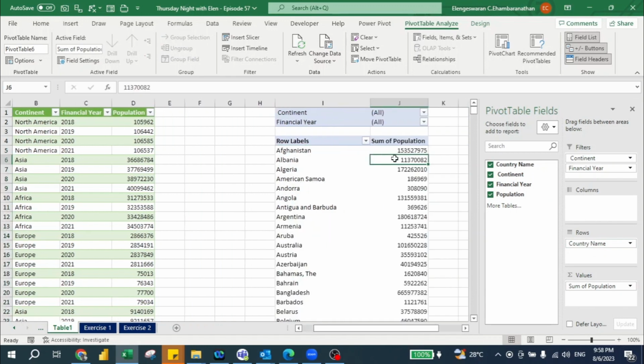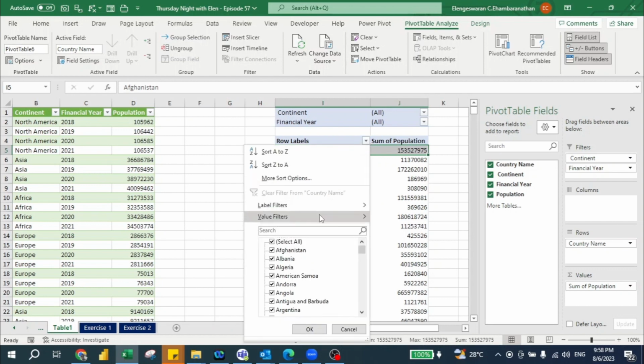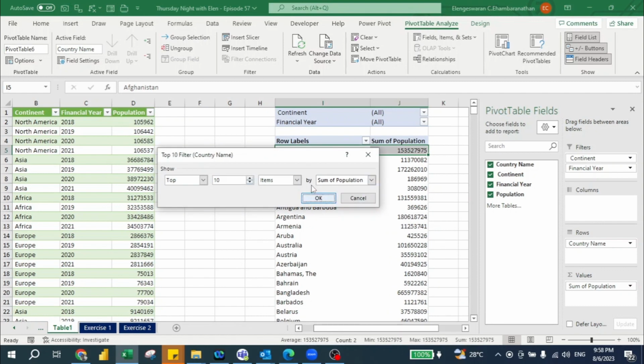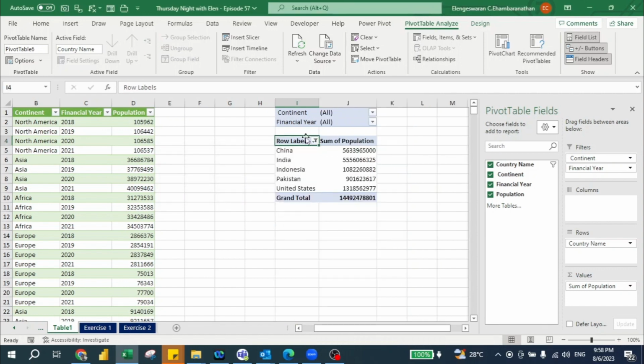Okay, the next thing is I don't want all the countries to appear. What I do is I click this, I go to value filters and I click top 10. A box will appear, so I don't want top 10, I only want top 5, and then I press OK. So now we do have the top 5 countries only, but of course if you notice the numbers are difficult